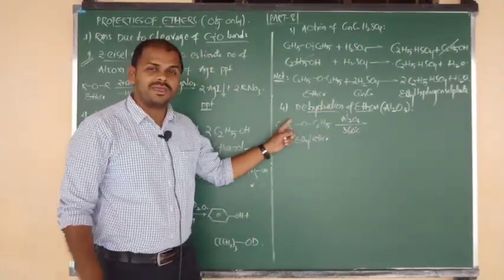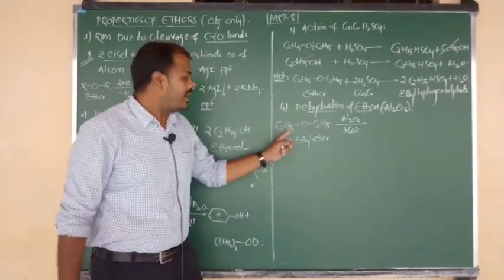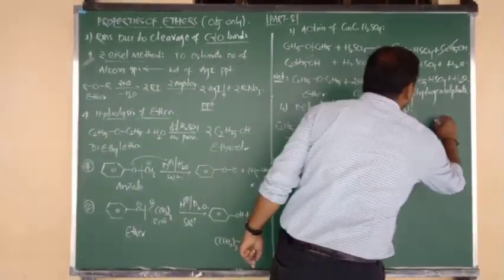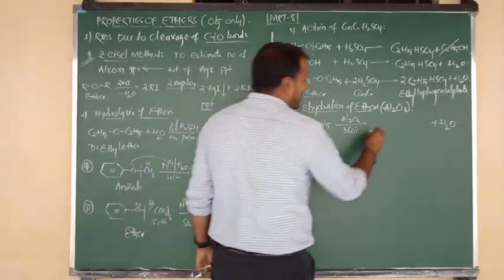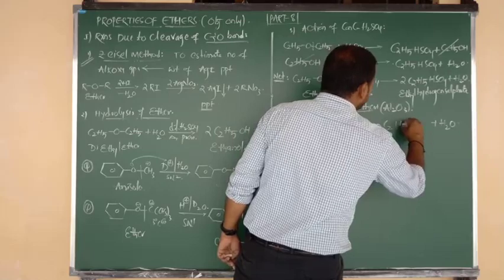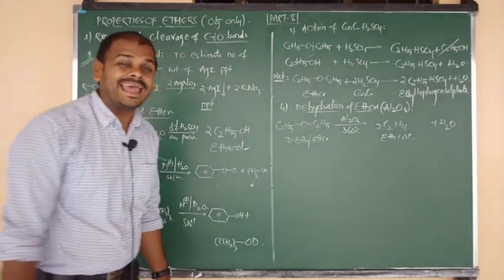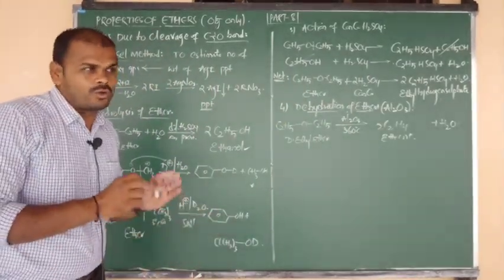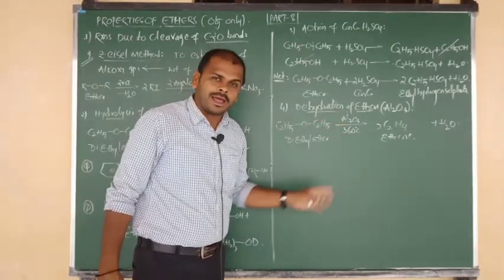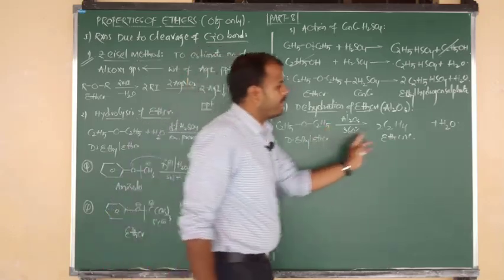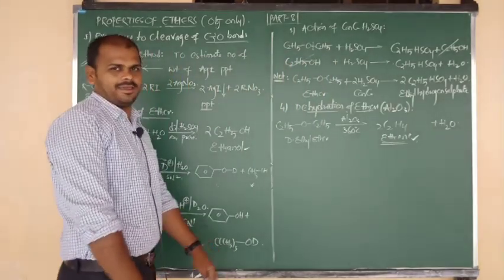How? From C2H5, remove one hydrogen. Again one more hydrogen from another ethyl group, H, H, O, and this is eliminated in the form of a water molecule. After the loss of hydrogen, C2H5 becomes C2H4. So how many moles of C2H4? 2 moles of C2H4. That is your compound. The compound name is ethene. So now what do we have to say? Ethers passed over alumina, on heating with alumina at 373 Kelvin, undergo dehydration and give the product alkenes, and we can say ethene.